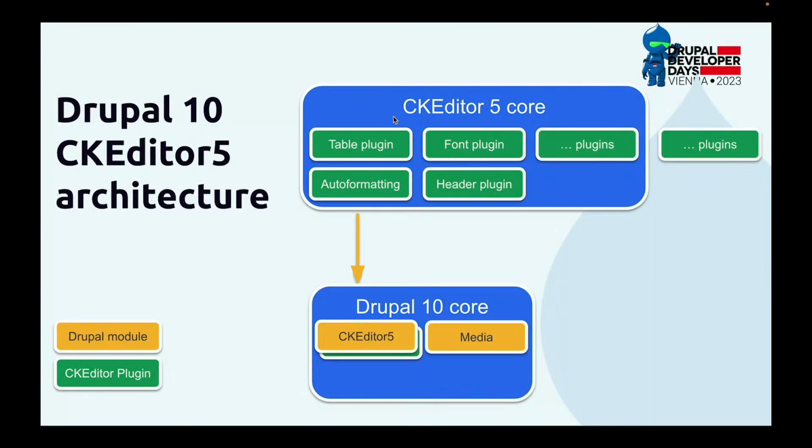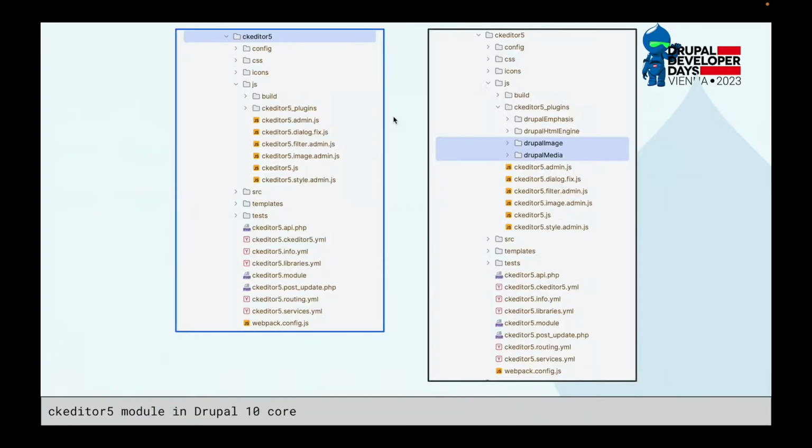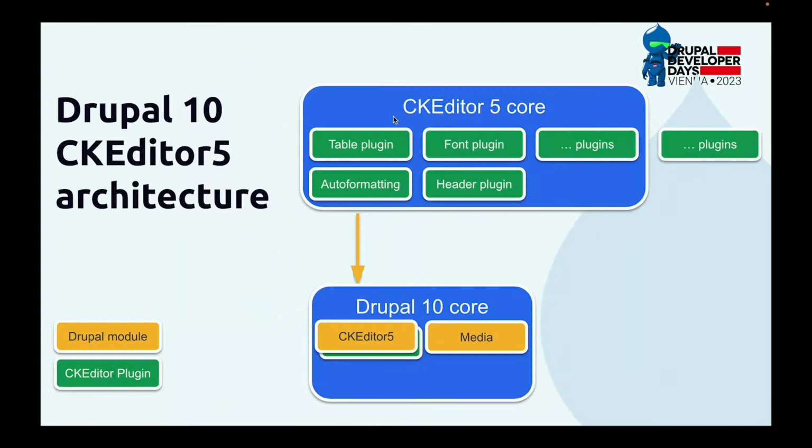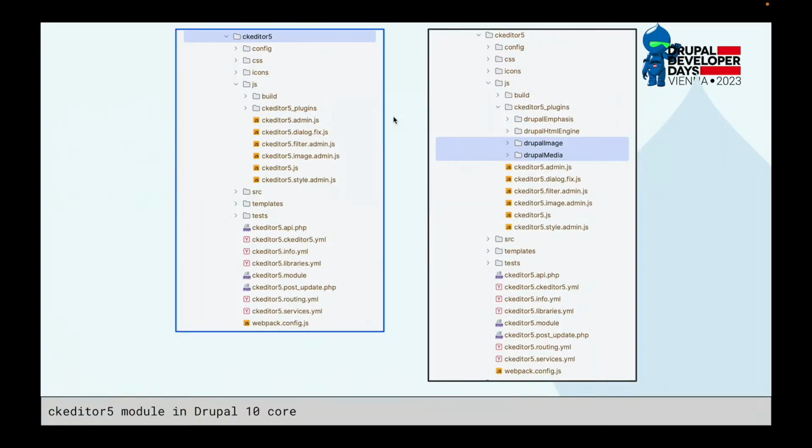Then extra plugins come in. So again, CKEditor doesn't bring you everything, and we need things like media support, right? To get actually Drupal media into the editor itself. It's an interesting concept, whereas the media module itself doesn't contain the media plugin for CKEditor. The media plugin for CKEditor lives in the CKEditor 5 module in core as well. So you can see on your right, I highlighted two plugins. One is Drupal image, another is Drupal media. If you want to go and dissect it and have a look at how the plugins look,